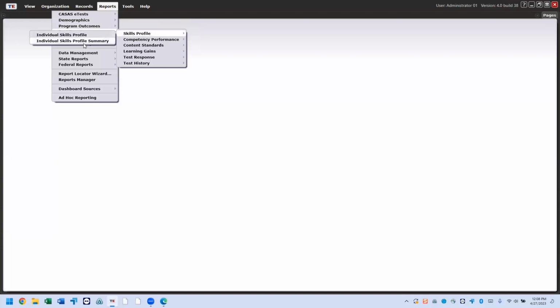And there are submenus off of these where you have your skills profile. You can go individual, or you can go summary, which kind of does the whole class. Competency, same thing, individual or by summary. Content standards, learning gains, test response, test history. You have your consumer reports, consumer skills profile,